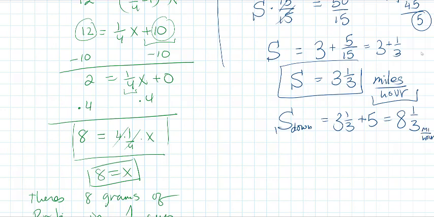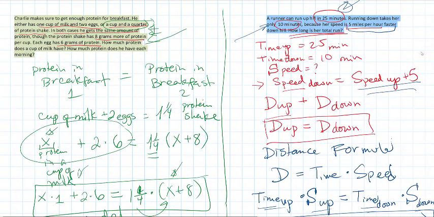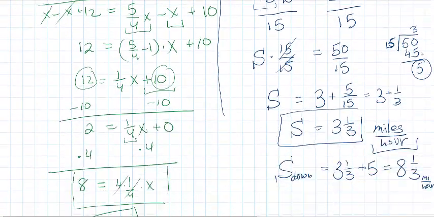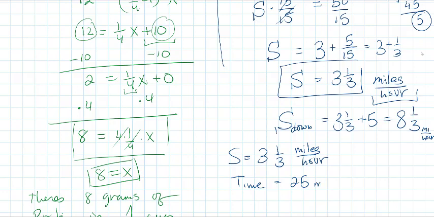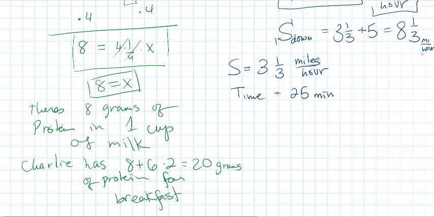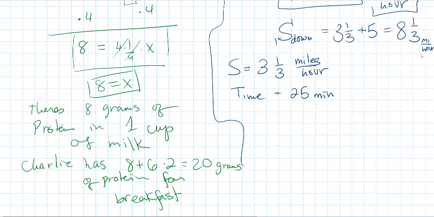Okay. Now the original question was, how long is her total run? Right here, right? How long is her total run? So let's go back and look at this. We have her speed. Her speed up is 3 1/3 miles per hour, right? And her time up is 25 minutes. So we have to convert one of these numbers into the same time units, because we have here minutes and